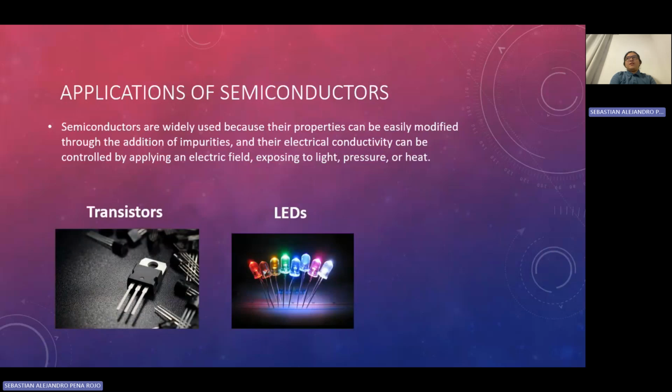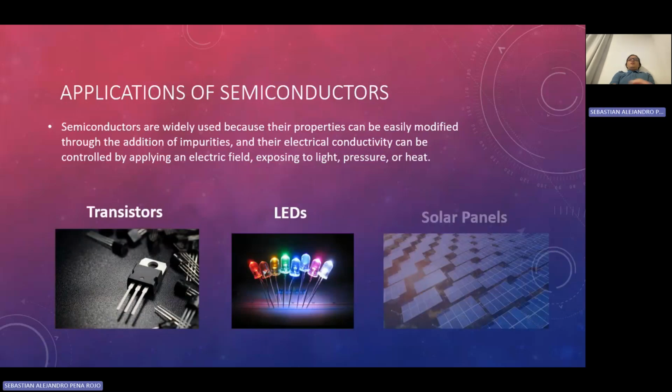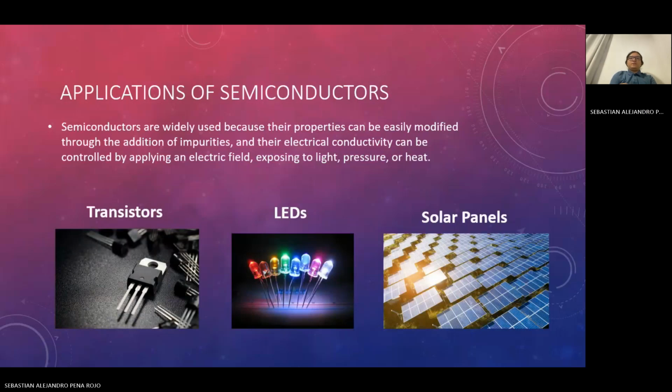Semiconductors are used in photodiodes, in which exposure to light causes electrical conductivity to increase, and in light-emitting diodes and laser diodes. And they're also used in solar cells. Solar cells are made using N-type and P-type silicon. When light strikes a solar cell, the electrons in the silicon are ejected, and they travel from the N-type layer to the P-type layer and then back to the N-type layer. This creates a flow of electricity.